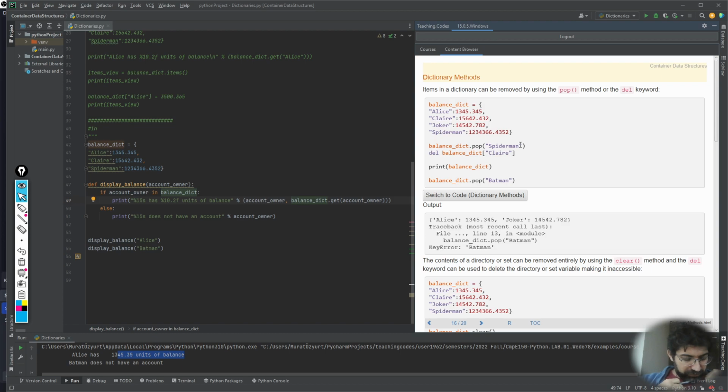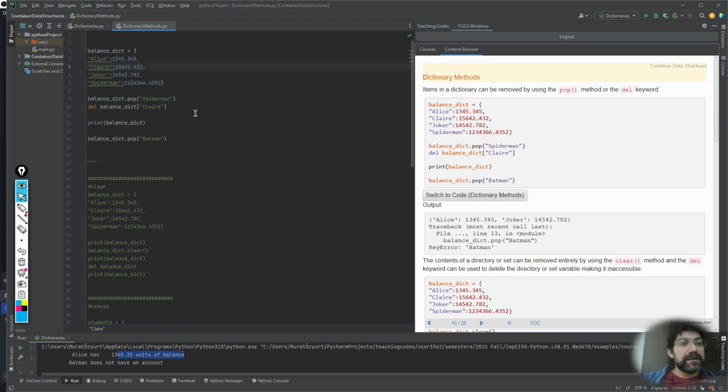The pop method simply removes a key and its value from the dictionary. As in this example, we have Spider-Man that we want to pop. So let's just